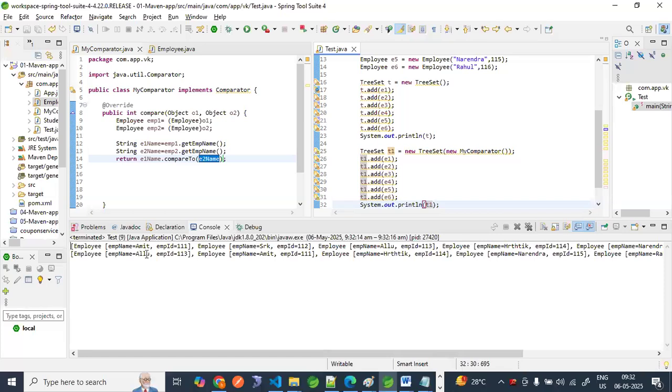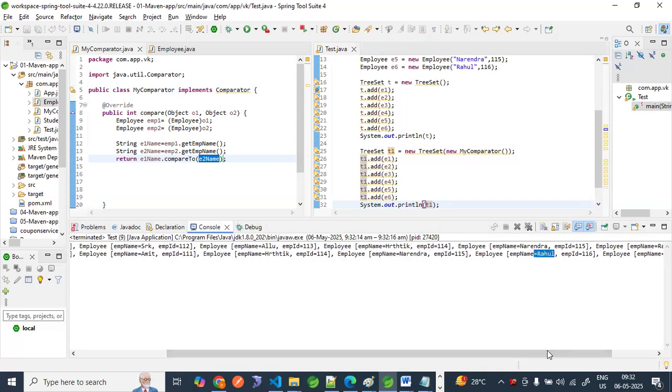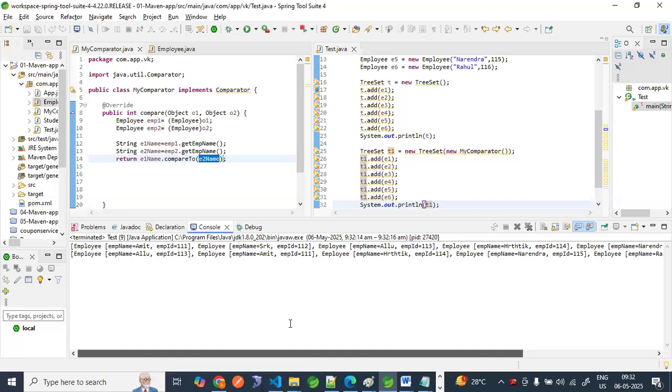Are you able to see Allu, Amit, A for Allu, A for Amit? Then if the first character is the same, then AL, LMNOP. So Allu, AL, Amit, AM. Third name is ABCDEFGH. Then IJK, LMN, Narendra, PQR, Rahul,